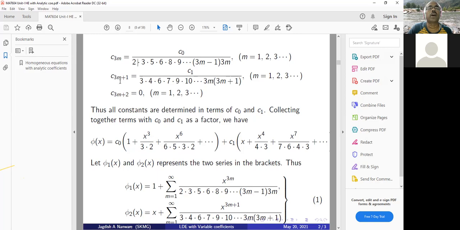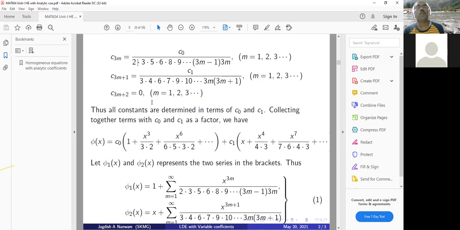3m plus 1 means coefficient. If you take m is equal to 1, this will be C4. Then m is equal to 2, this will be C7, right? Then if you take m is equal to 3, that will be C10. And see the way of writing. Okay, 3, 4. Then you start with 3, left 5. Then 6, 7, left 10. Then 9, 10, left 11. Right? 12, 13. Then left 14. So in this way you can write. And all the rest of the coefficients are equal to 0.